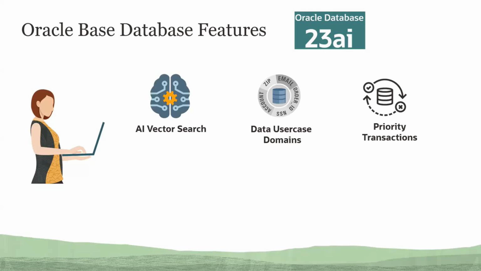With priority transactions, lower priority transactions that block higher priority transactions can be automatically aborted. This feature reduces the administrative burden of the DBA while maintaining high transaction throughput. With True Cache, you have an in-memory, always consistent, application transparent, high performance, middle tier level cache. Oracle True Cache improves the application response time while reducing the load on the